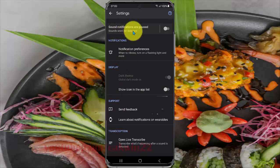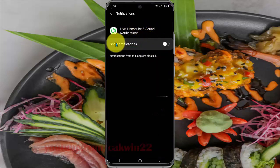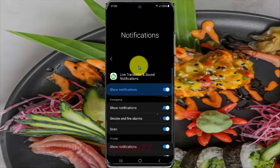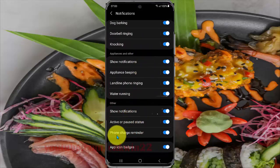and then tap show notifications. Notifications are paused if you turn off show notification, and if you turn on show notification, tap show notification are active, and then turn on live transcript and show notifications. If off, tap the show notification switch until blue to turn on, and then scroll down, tap phone charge reminder,